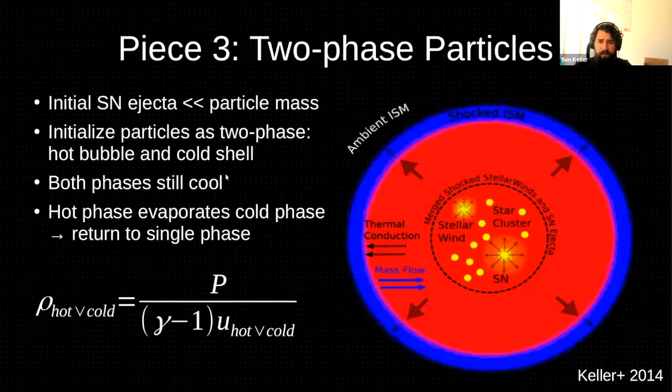And finally, for the earliest phases, we need to be able to split a particle into two phases. So this hot bubble and this cold shell. This allows us to actually cool these things, so we don't actually shut off cooling anymore. But because they each have a separate temperature and density, they're calculating cooling rates that are much more realistic. The way we're able to get these separate temperatures and densities is by assuming the cold shell and the hot bubble are in pressure equilibrium. That lets you turn the pressure of the particle and its internal energy into a density that can then be used to calculate the cooling rates.